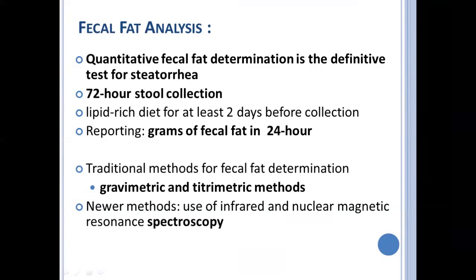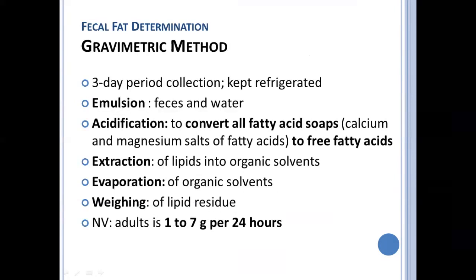You have the gravimetric method and the titrimetric method. So, paano ginagawa yan? The gravimetric method is easy. It's a 3-day period, 72 hours. Tapos, refrigerate yan. And then, i-emulsify ang feces and the water. And then, after that, i-acidify, no? Para ma-convert yung mga fatty acids,